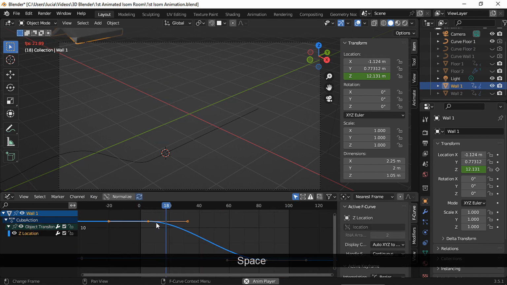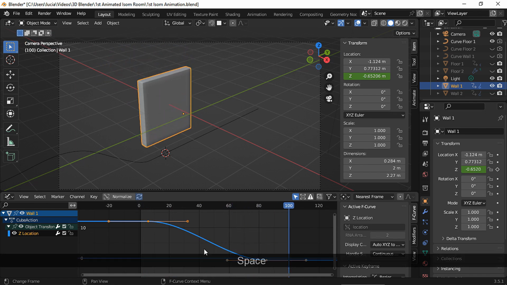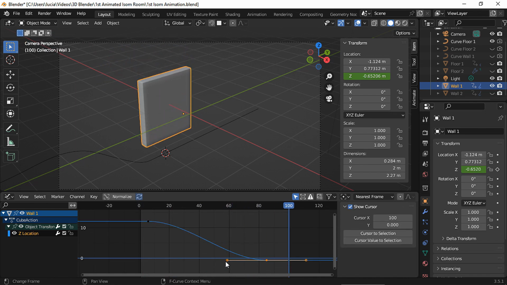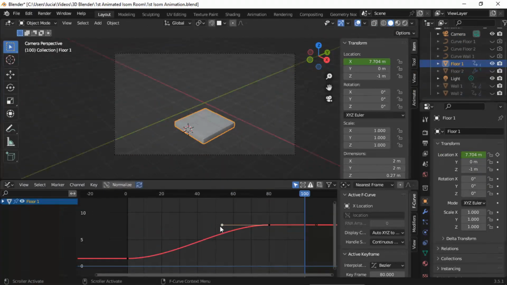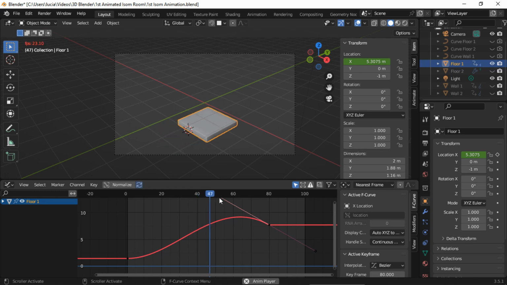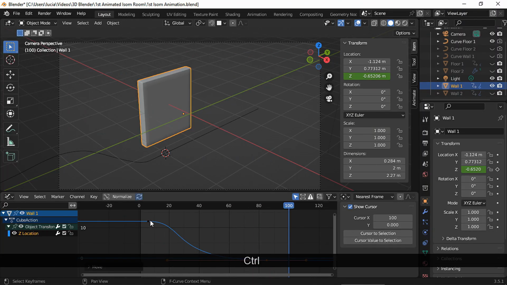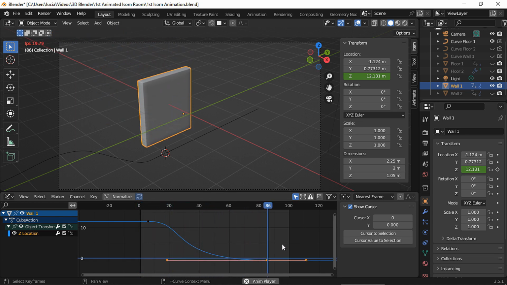Now let's see what we can do to this wall animation. Let's move this handle. By pressing Ctrl, you enable snapping to the axis you are moving along, since I want to prevent the handle going up to avoid a bounce effect. You can also hold the middle mouse button to constrain the movement without the snapping effect. Again, this type of curve will decelerate the motion at the end.